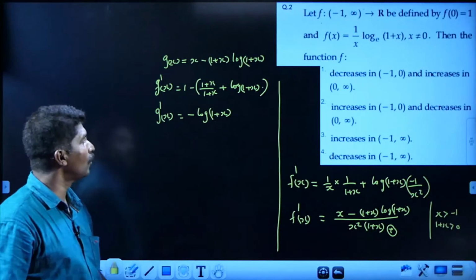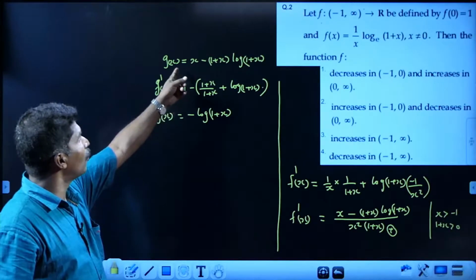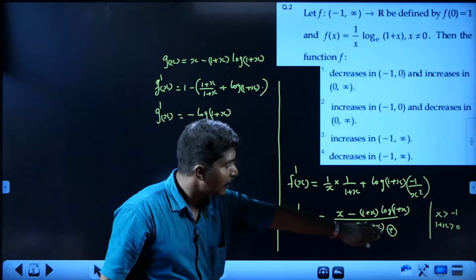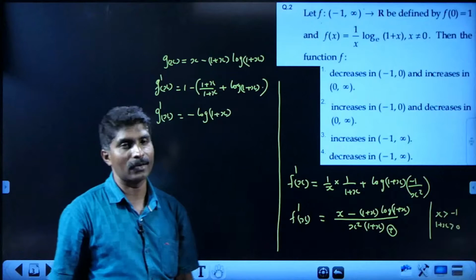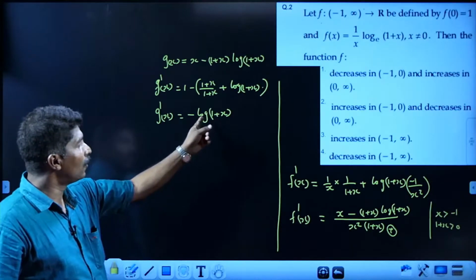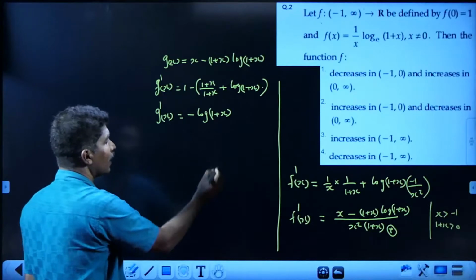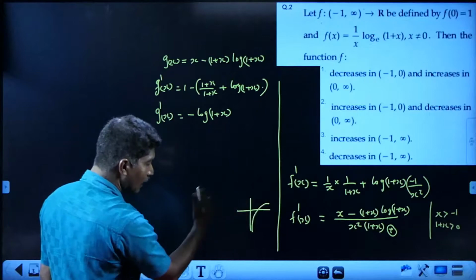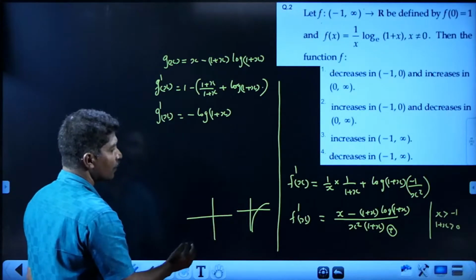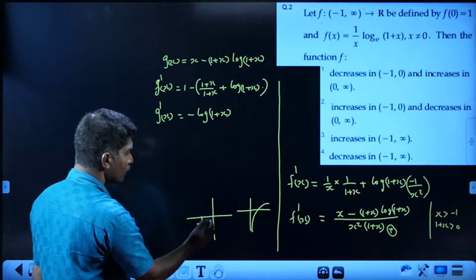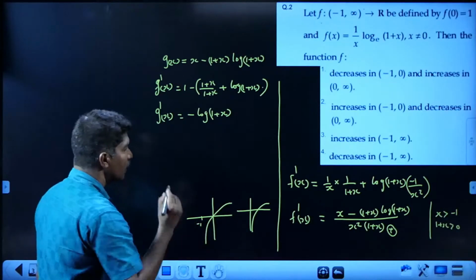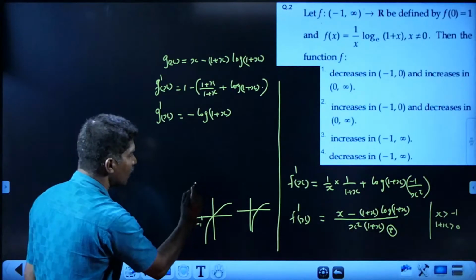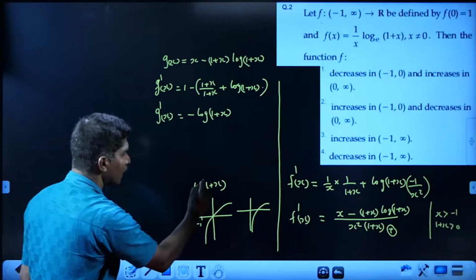And you are going to discuss the sign of g dash of x. That is the sign of f dash of x. Sign of f dash of x, in the denominator positive. So, we are thinking about the numerator only. Now, what is the graph of log x? You know the graph of log x is something like this. Log of 1 plus x means this graph is shifted 1 unit to the left side. So, this is the graph of log of 1 plus x. I am saying about log of 1 plus x. We will consider negative later.